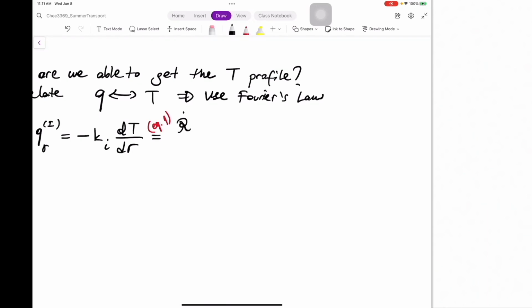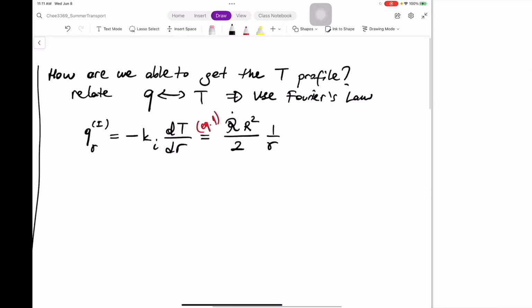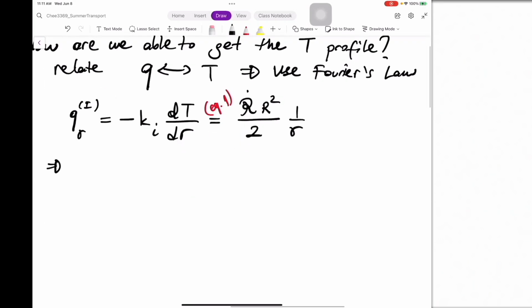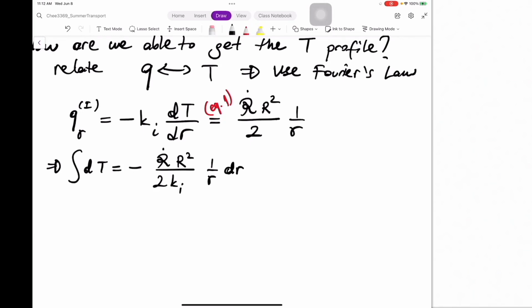Fancy R dot R squared over 2, 1 over R. And then you solve for dt. dt comes out to be minus fancy R dot capital R squared over 2ki, 1 over R dr. Take the integral, all this before the integration symbol is constant, so you can take it